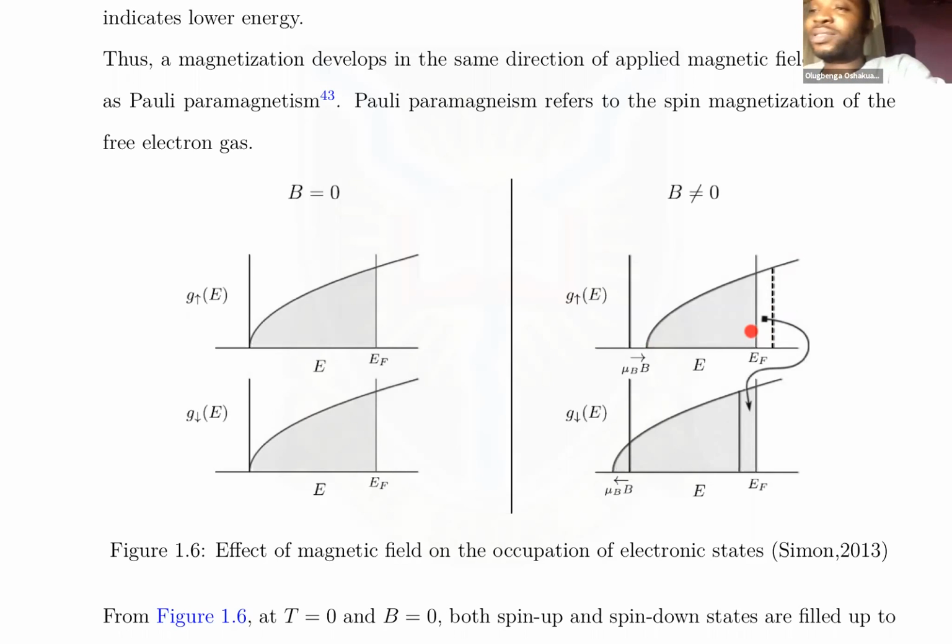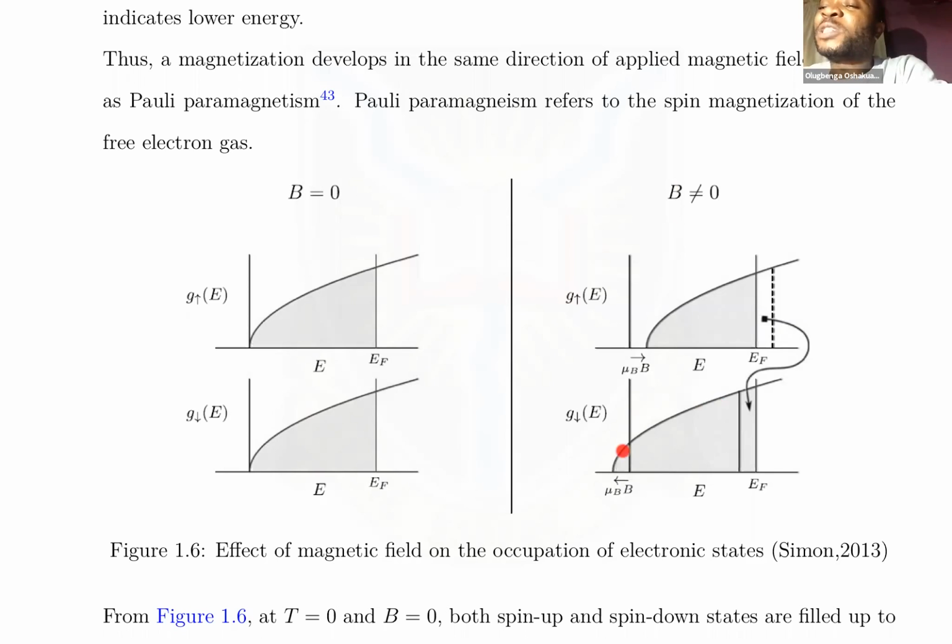And when we look at the spin down electrons, the number of spin downs, the graph we have here, the area of this shape is also equal to the area from here to this point down here. So one thing we should notice is that, for the fact that a magnetic field is applied,